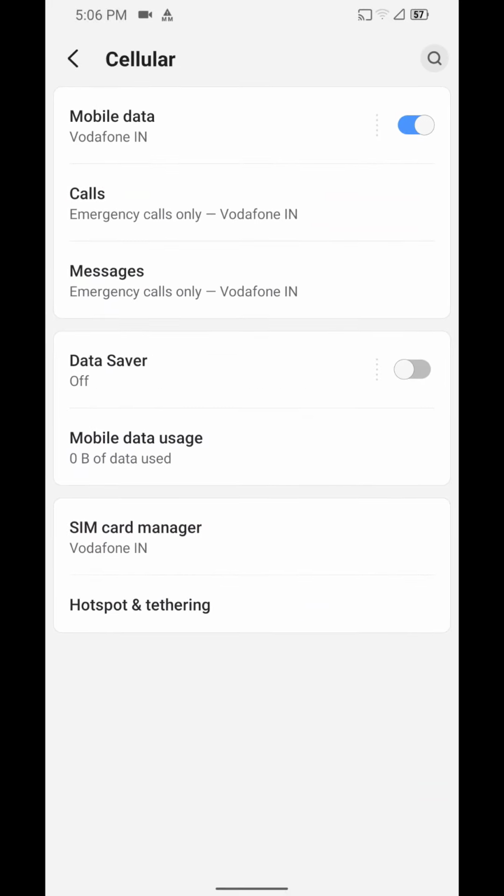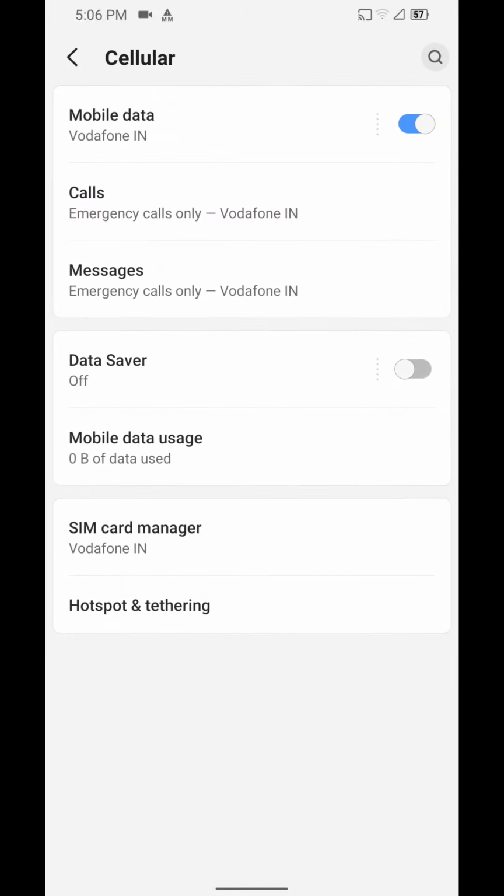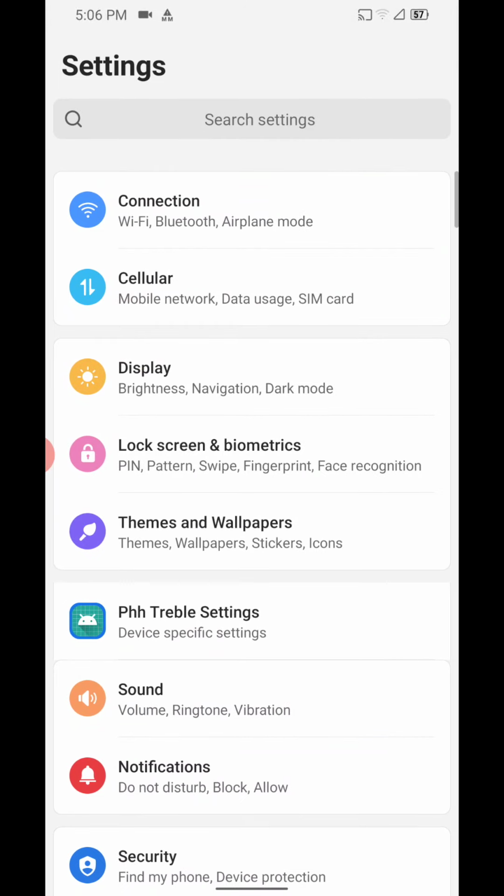We also have cellular options. As you can see here, you can change the details. You can also change the options which seem to be used. You can also get the details about the version used, and as you can see, it's not just similar. I would say it's same to same as One UI. So use it if you are very keen to have One UI on your phone.